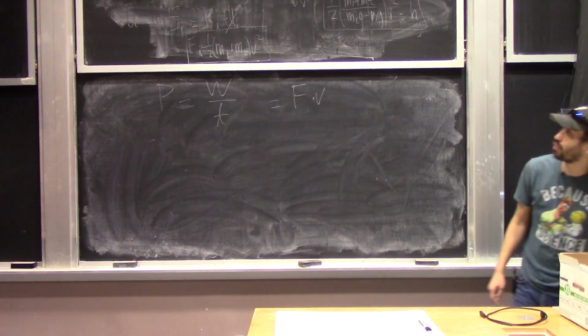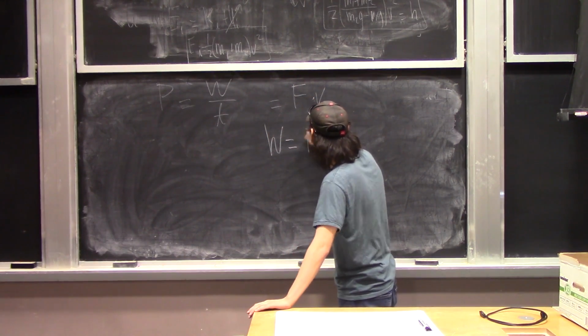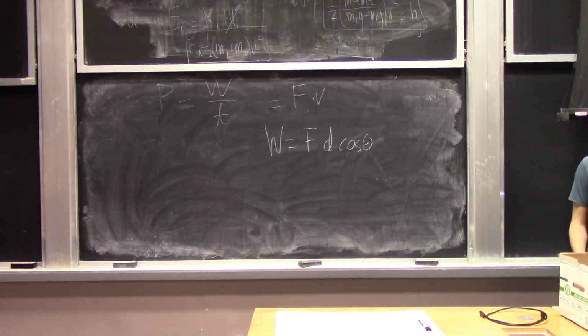In order to find what the work is, we can say that the work in general is going to be the force times the distance times the cosine of the angle between them. But in this case,